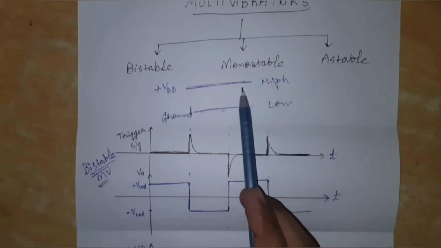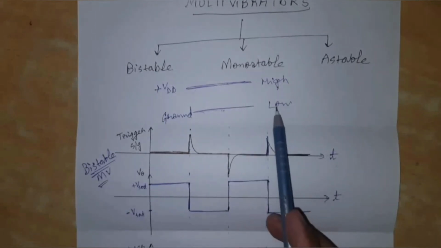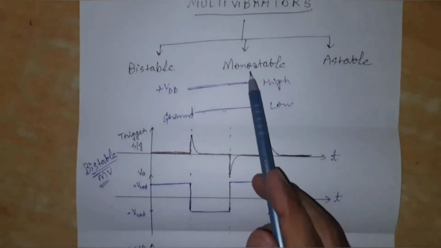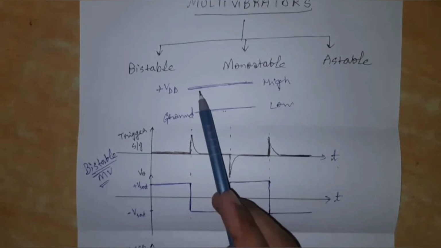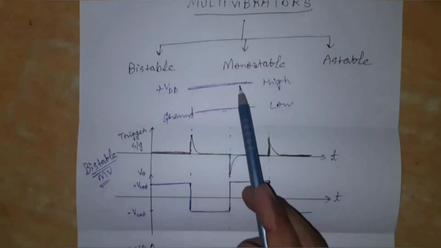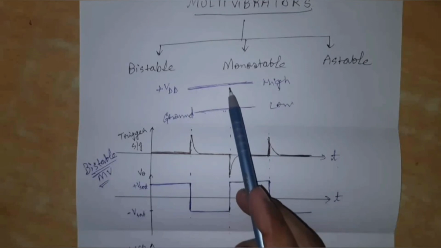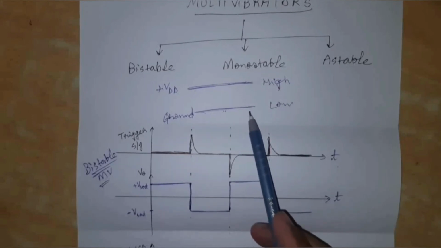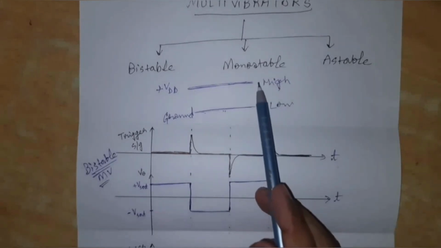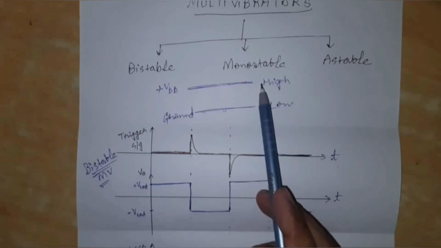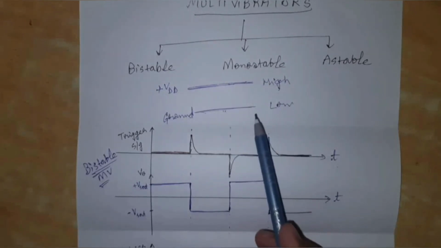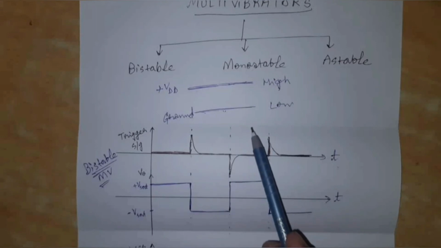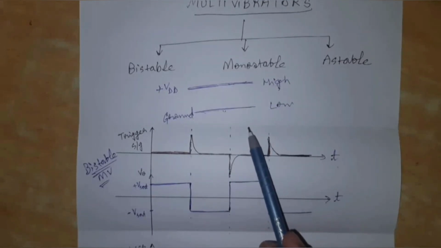So let this high state be the stable state and the low one be the unstable state, because it has only one stable state. So initially the output is at the high state. When a trigger signal is applied, then the state changes to the lower one. But since this is the unstable state, after some time the output returns back to the stable state, that is the previous one, and the time required to come back into the stable state depends on the values of the resistors and capacitor used in the circuit. So in order to modify the time, we can modify the values of the resistance and capacitance used.